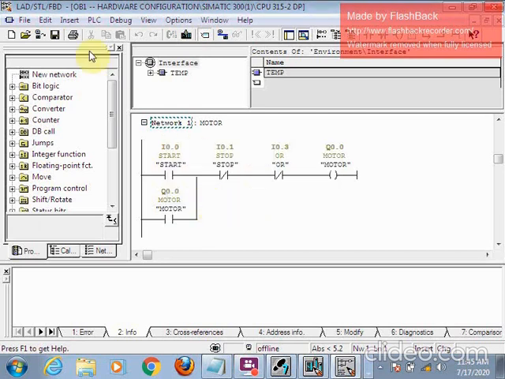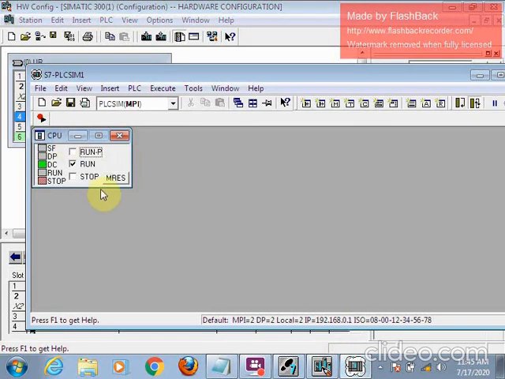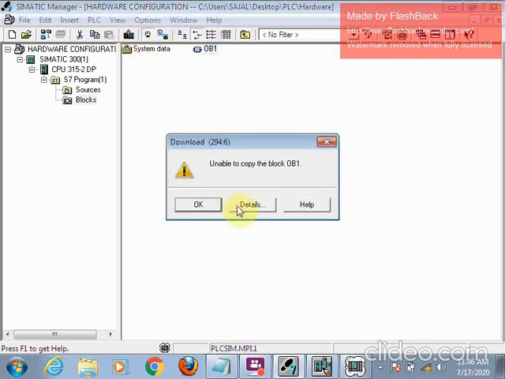It is showing unable to copy, because I think it is not saved properly, and the CPU has gone to stop mode while downloading the hardware configuration. So we will just select the OB from here and click the download button.